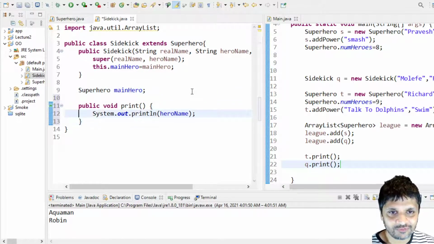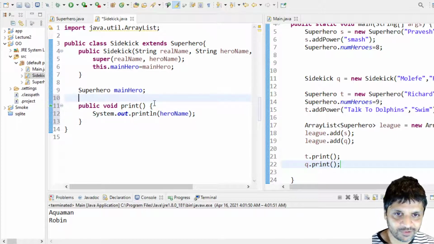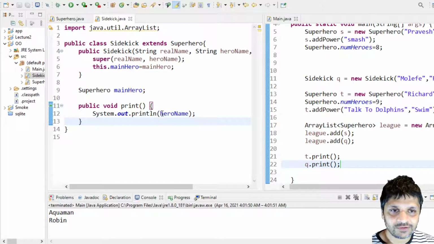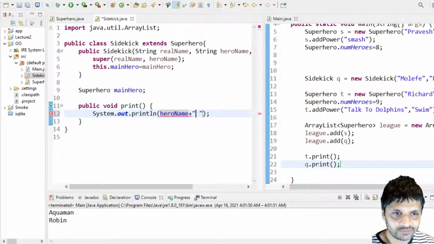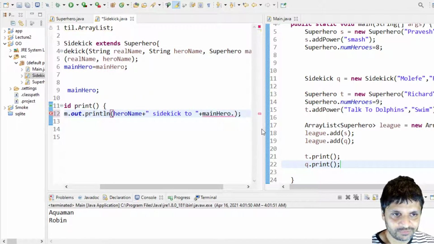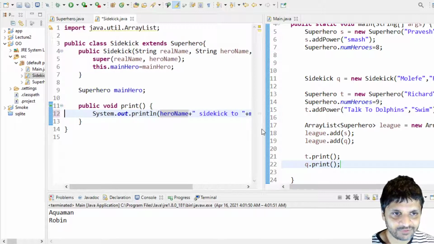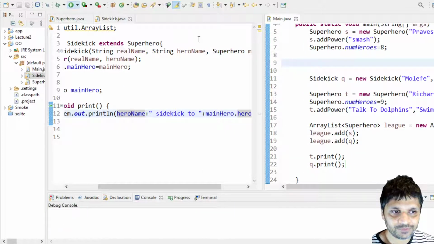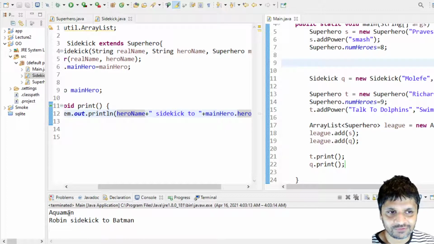So what I could do is just make a print method here and have it do something different. So maybe hero name plus sidekick 2 and then main hero dot hero name. Okay, so now that means it's going to print out the sidekick's name and say sidekick 2 and the main hero's name. So now when I run it, it says Aquaman for the superhero and it says Robin sidekick to Batman